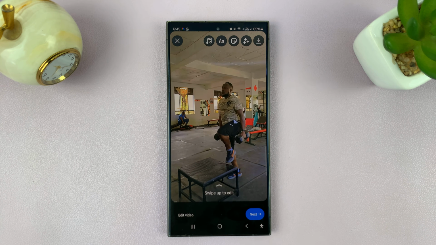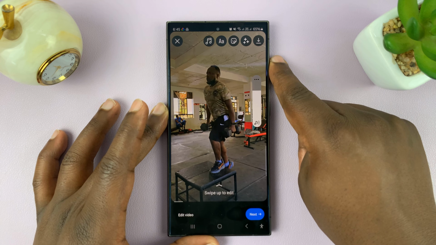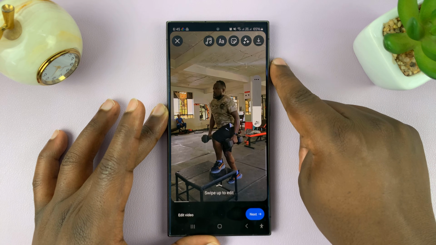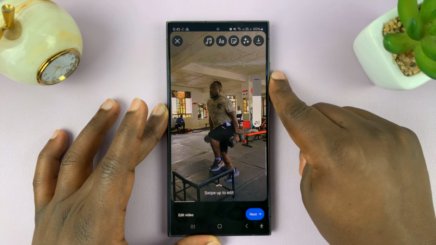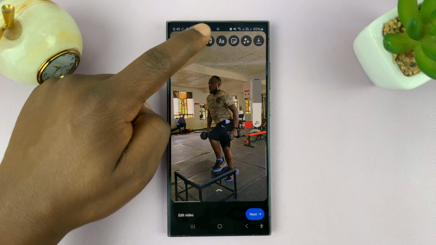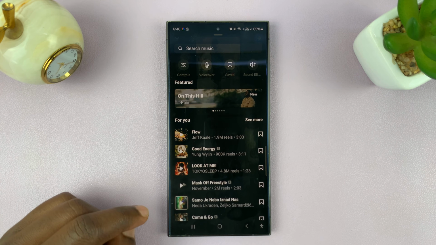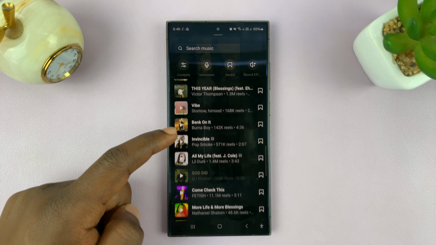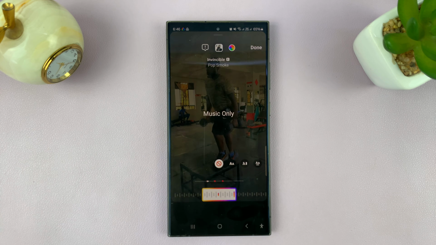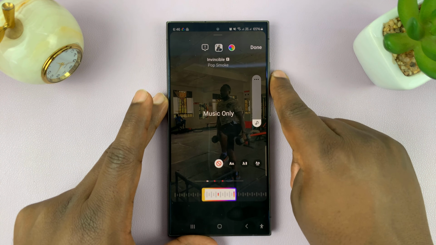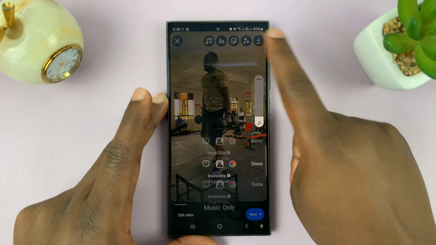And then when I go back, now you'll notice even if I increase the volume, I have removed the original audio that had music. Now, if you had added music by tapping on that and then selecting from one of the songs available on Instagram and then maybe add music like that,